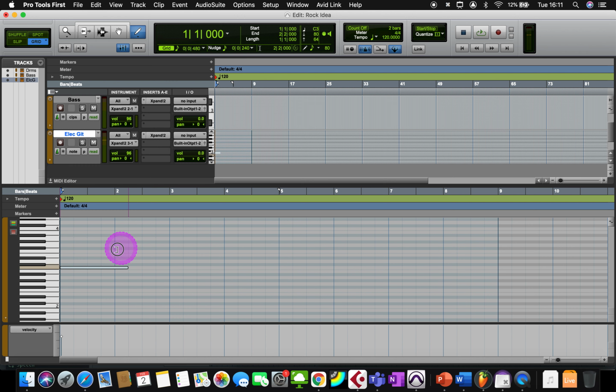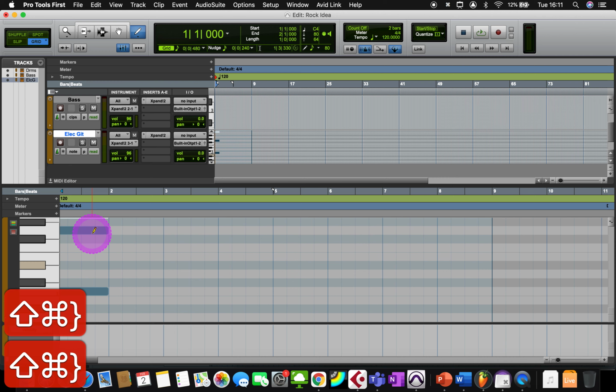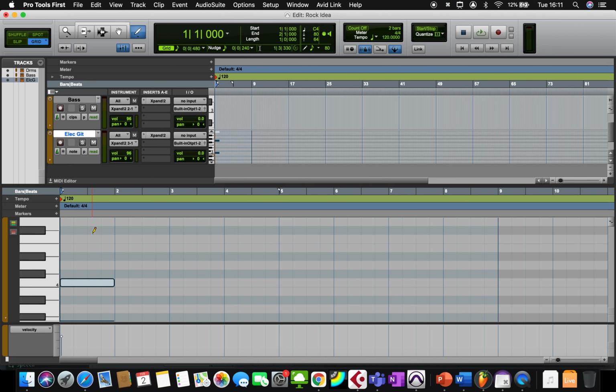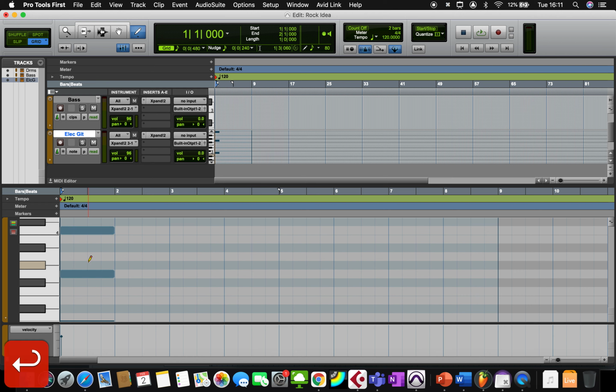So I'm going to do this over 1 bar, just long held chord, and we talked about using power chords. So obviously that's a wrong interval, so I use the up arrow just to get it right. And again, if you can't see the keyboard too clearly, if you use Control Shift and the right hand bracket key, you'll be able to expand it a little bit. So that's over 1 bar, but if we just listen to that by itself,